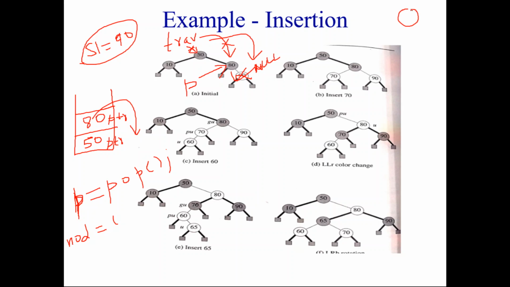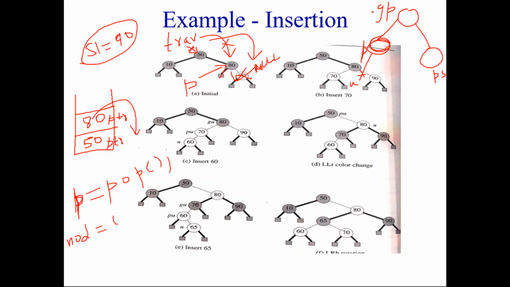For example, if this node is the grandparent, and this node is the parent, then who is the sibling? In this case, parent is the left child. We are not concentrating on the node below that; we are concentrating only on P and GP. If P is the left child, then the sibling should be nothing but the right child of GP.